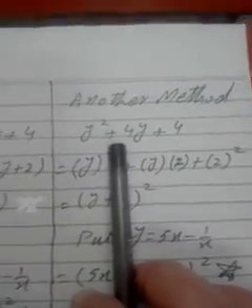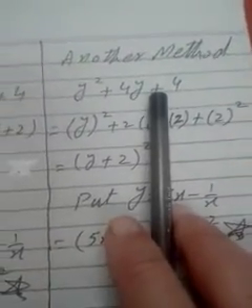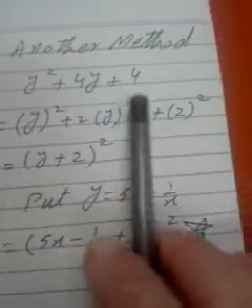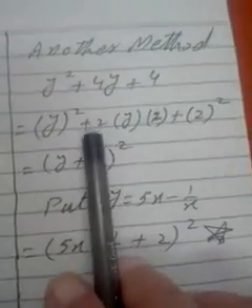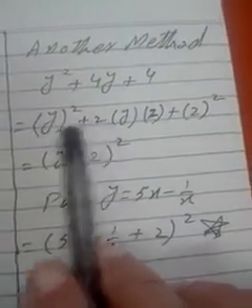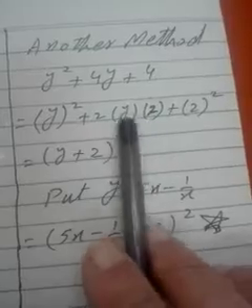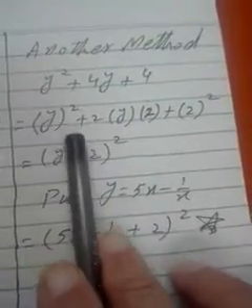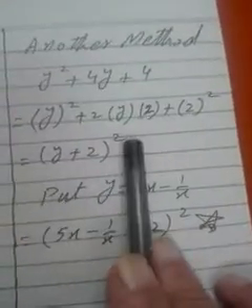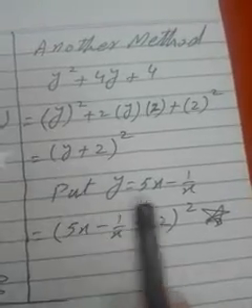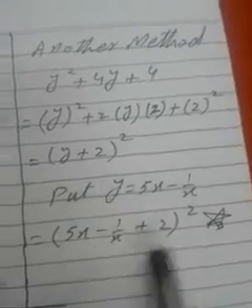I am starting from here. We can also see that this is the expanded form of the a plus b whole square formula. We can see that this is the square of y and this is the square of 2, and according to 2ab, break this term according to the formula. In place of a we will write y, and in place of b we will write 2, which becomes 2 times 2 times y, that is 4y. Now this is the expanded form of a square plus 2ab plus b square, the expanded form of a plus b whole square. I have written it in closed form, y plus 2 whole square. Replace the y by its original value. In place of y I will write 5x minus 1 over x plus 2 whole square.